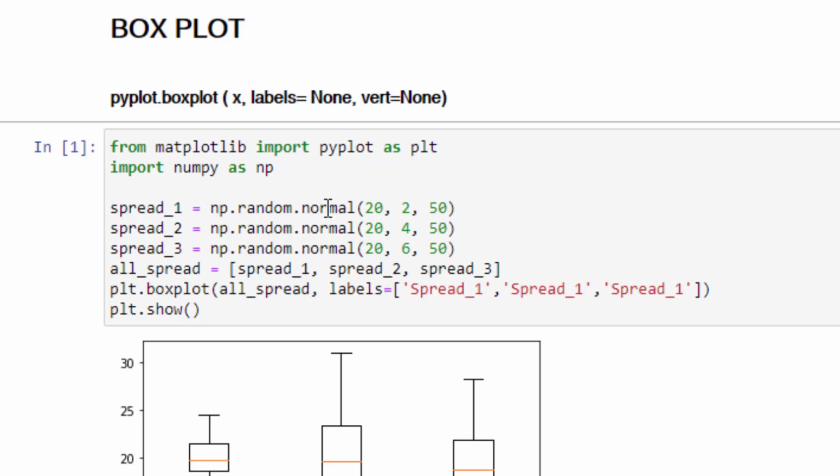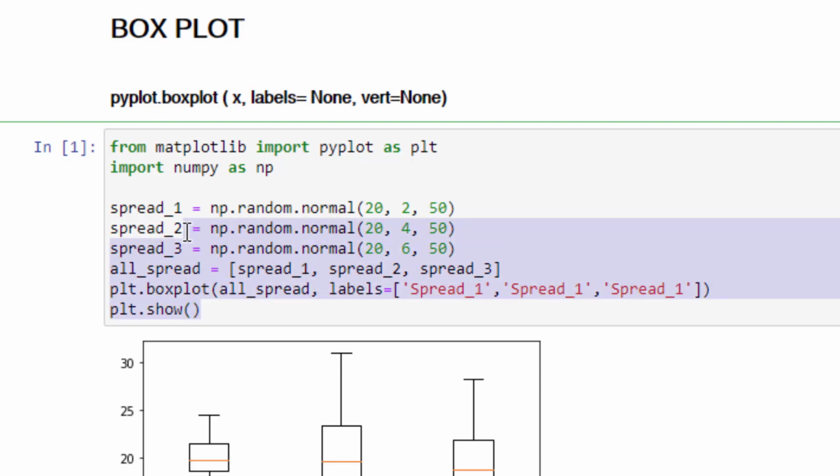The first one, which is 20, is the mean value of the sample, the second one is the standard deviation, and the third one is the size of the sample, how much size I want. So this way I can generate numbers, right?